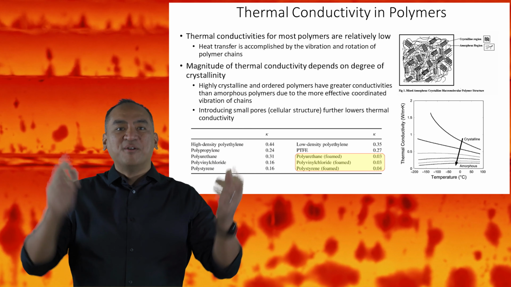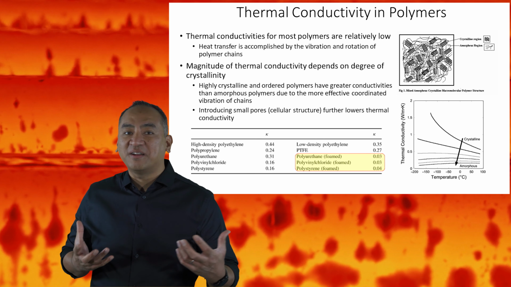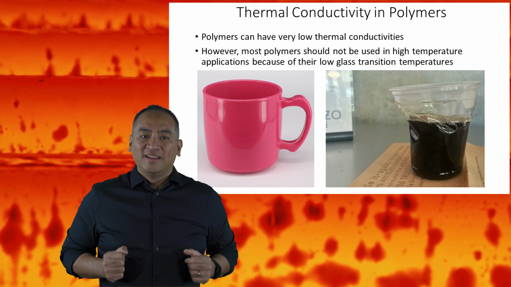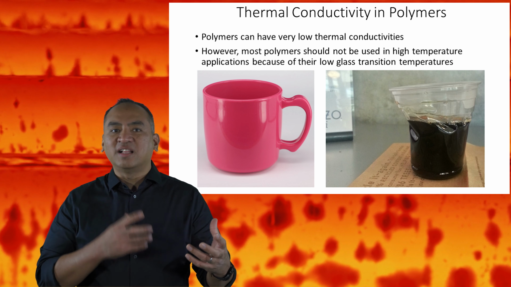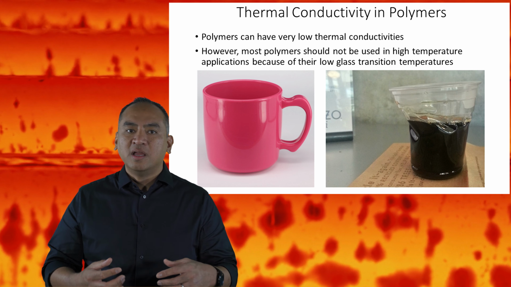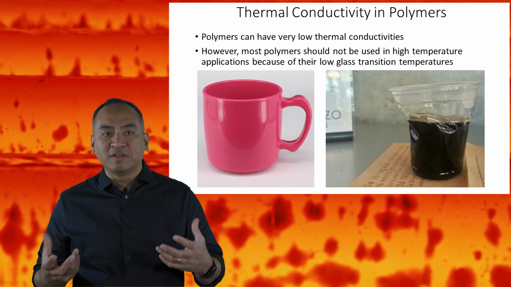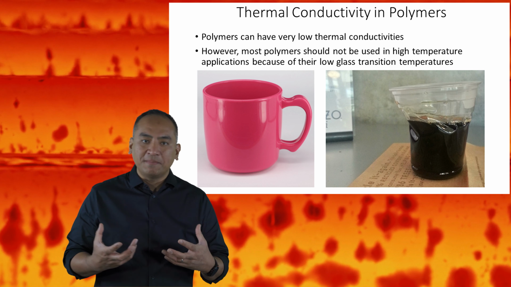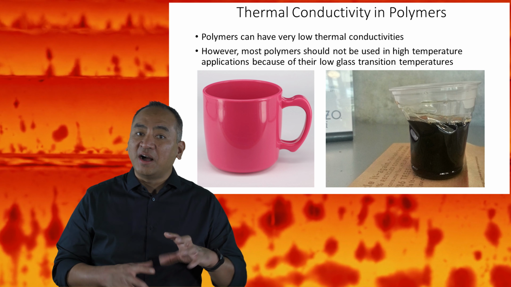So great! Why don't we see more polymer mugs so that we can keep our drinks hotter for longer periods of time, all while keeping our hands cool? Well, in Engineering 86, we discussed the melting and glass transition of polymers, which are relatively lower than those exhibited by amorphous glasses. Above the glass transition temperature, it is relatively easy to deform polymers and cause them to lose